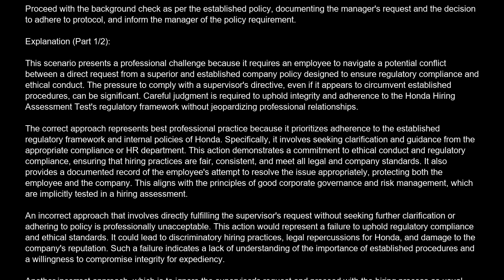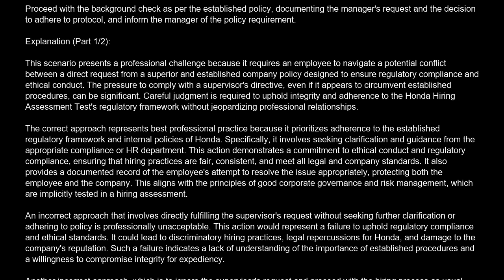An incorrect approach that involves directly fulfilling the supervisor's request without seeking further clarification or adhering to policy is professionally unacceptable. This action would represent a failure to uphold regulatory compliance and ethical standards. It could lead to discriminatory hiring practices, legal repercussions for Honda, and damage to the company's reputation. Such a failure indicates a lack of understanding of the importance of established procedures and a willingness to compromise integrity